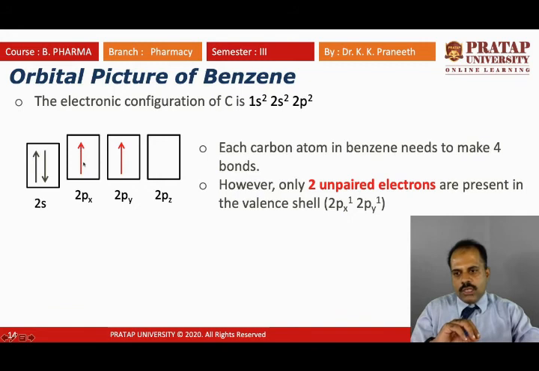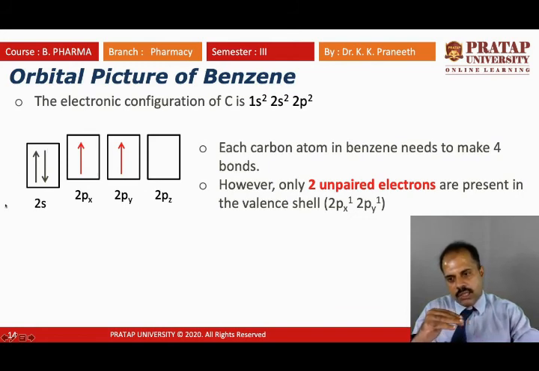The 2 electrons in the p orbital are arranged 1 here and 1 here, so the energy is less. Also we note that the 2s orbital is slightly lower, I have drawn it slightly below the 2p orbital, because the 2s orbital has lesser energy compared to the 2p orbital. The 2p orbital has a little more energy than the 2s orbital. So I have slightly decreased the height of the 2s orbital to show that its energy is less compared to the 2p orbitals. So this is the electronic configuration of carbon.